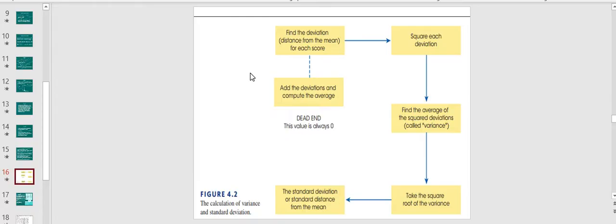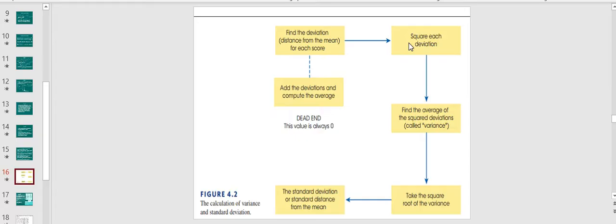The figure shows the overall process of computing the variance and the standard deviation. Remember that our goal is to measure the variability by finding the standard distance from the mean. However, we cannot simply calculate the average of the distances because this value will always be zero. Therefore,